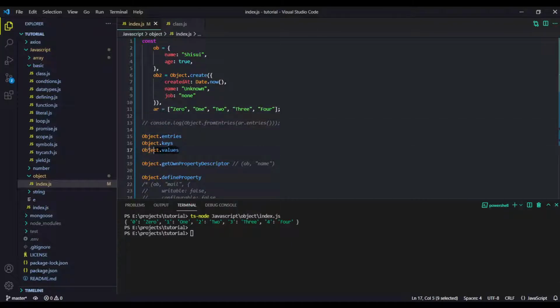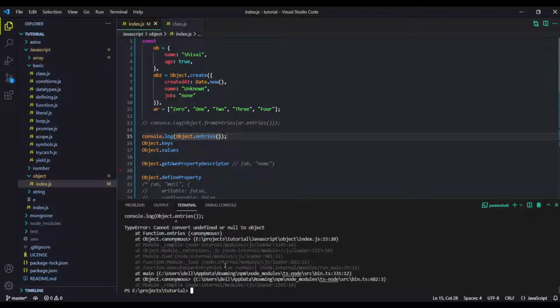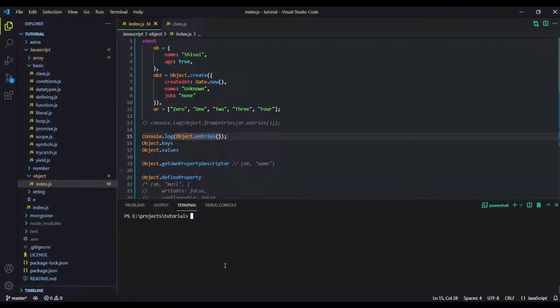And then come these three: Object.entries, keys, and values. The Object.entries is pretty similar to this. It will just return all of the entries. I will log it. It will help you in understanding more. Well, if you just log this, you will get something which you cannot understand. My bad, let me just do, wait a second.